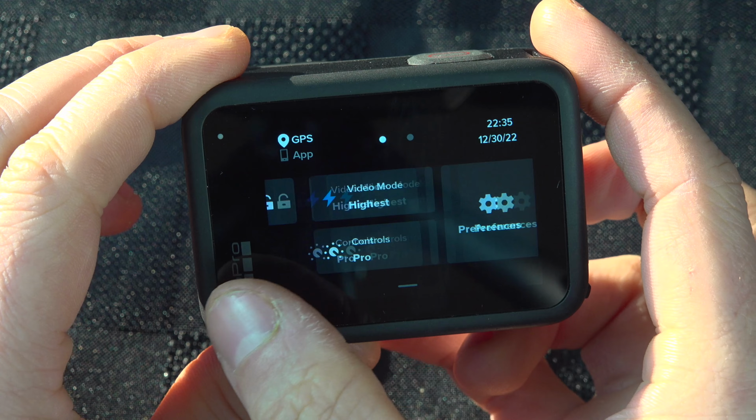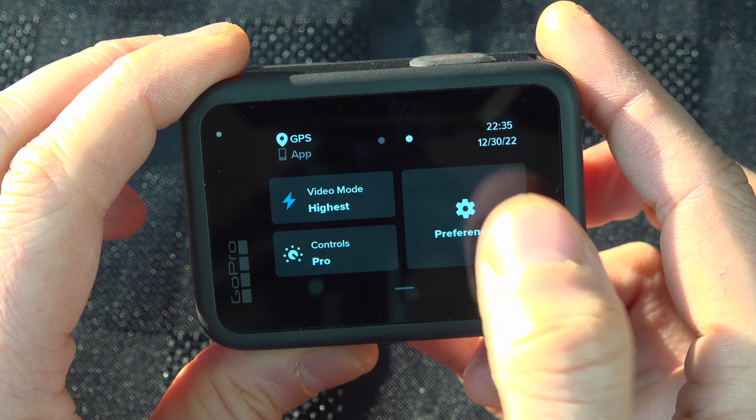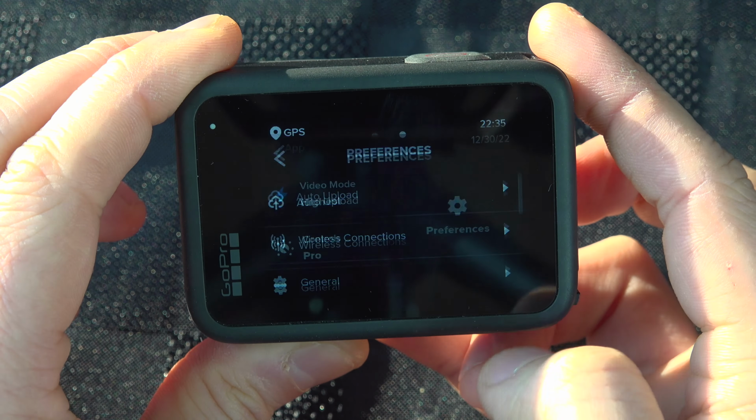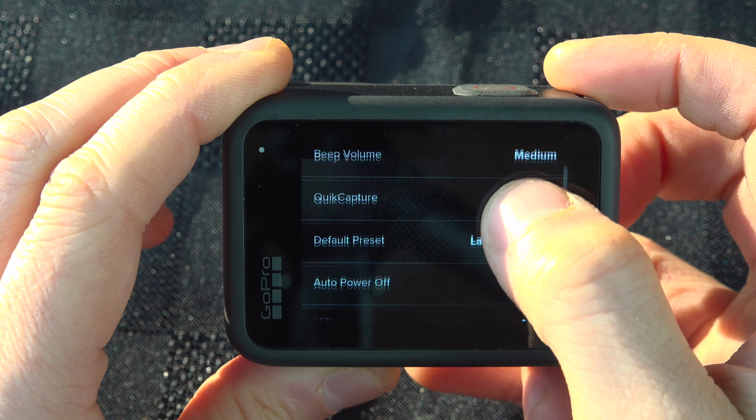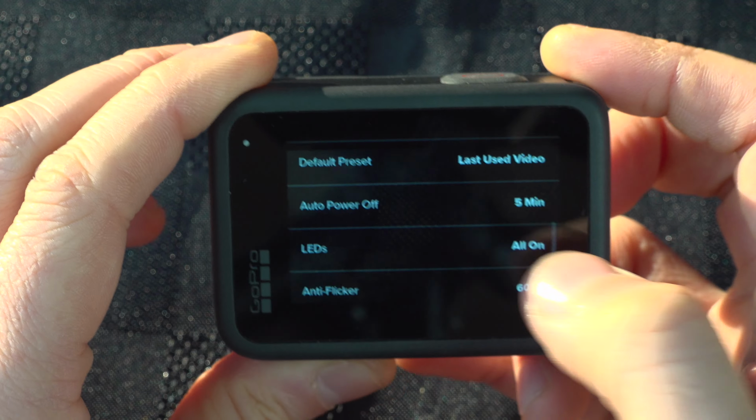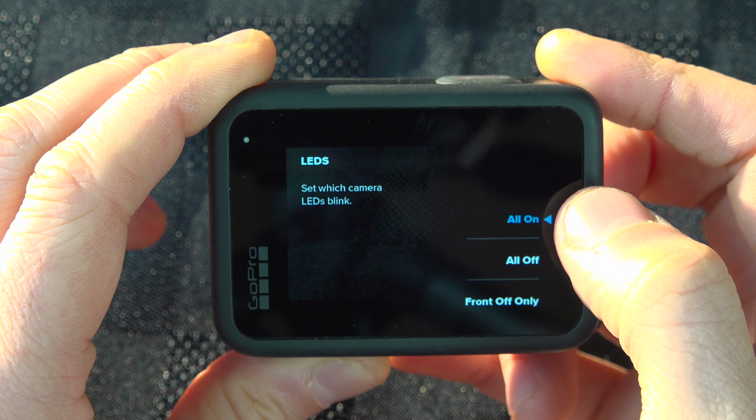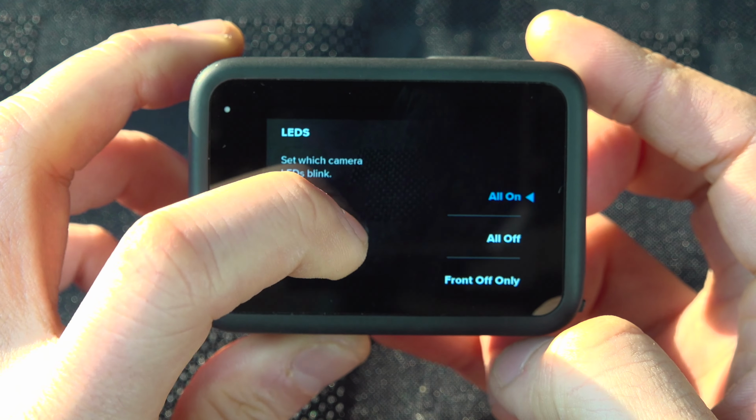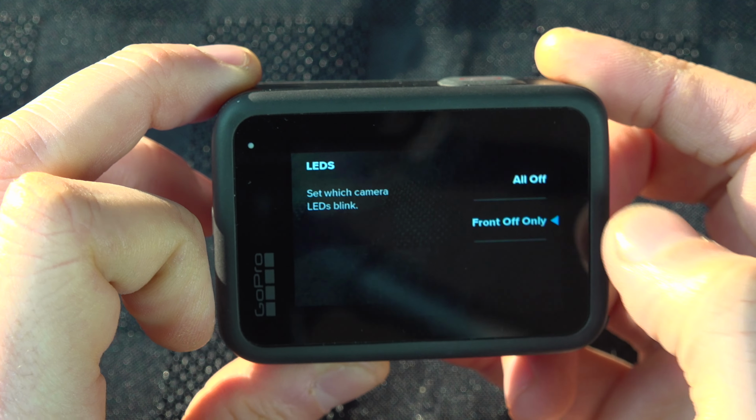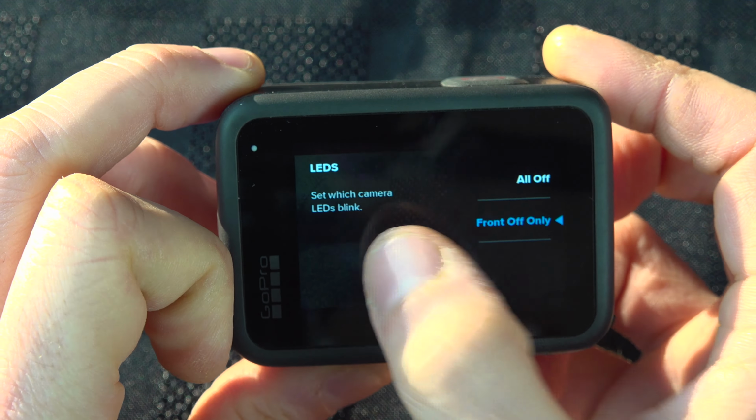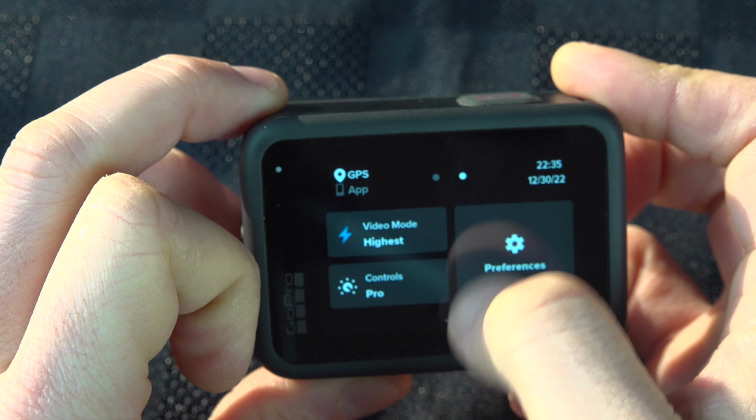We will swipe to that window and we will go inside Preference. We will go into General and we will swipe down to LEDs. From here you can have all on, all off, or front off only. Front off only. Hit like that, swipe down to get that arrow to go back again, swipe up to go